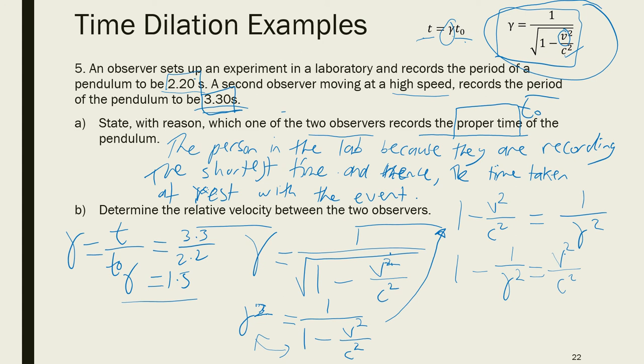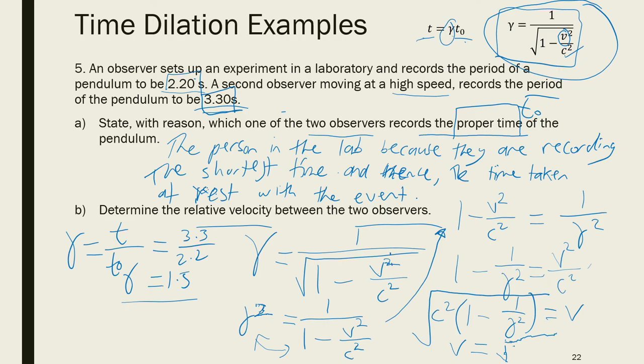And then finally, we want to get V by itself, so we're going to times both sides of the equation by c squared. So we'll have c squared times by this entire side of the equation, so 1 take 1 over the Lorentz factor squared, equal to v squared, but we don't want v squared, we want v. So we're also going to square root both sides of the equation. So finally, we can figure out the relative velocity between these two observers, and it's going to be the square root of,